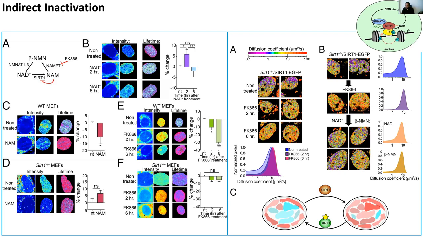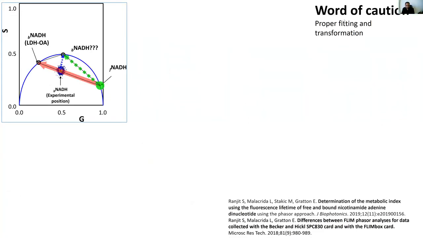So this was a fast direct experiment where we looked at how metabolic changes affect the activity of a deacetylase, and on the reverse, how the activity of the deacetylase shows a change in the metabolism. So that got published a few years ago, but